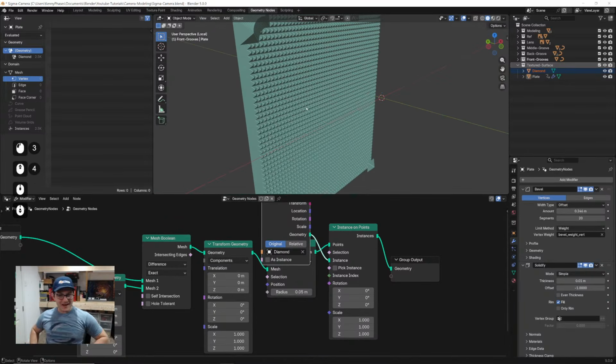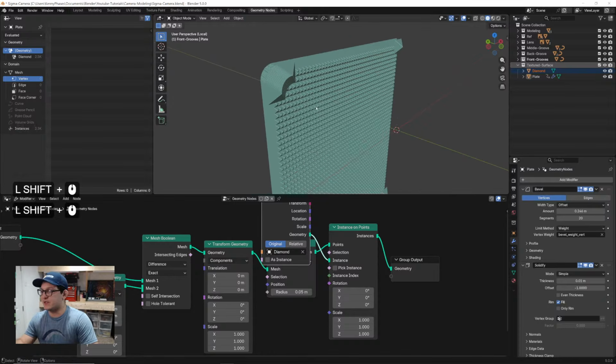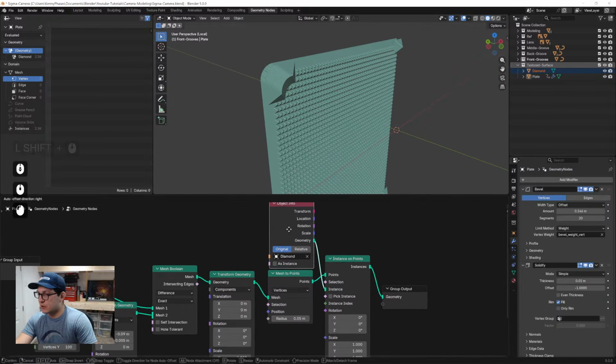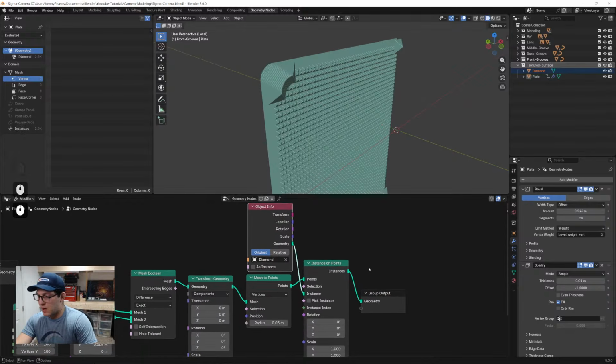Let's go. That worked really well. I didn't think it was going to work that well. Now, as you can see, it's instancing on these other points that we don't need. So in order to fix that, this is going to be a really cool trick. You guys are going to like this one. What I think we can do,